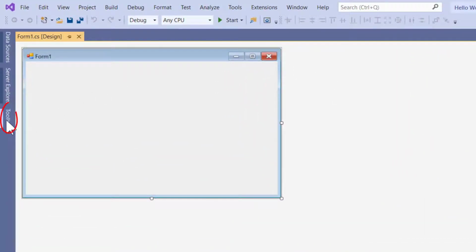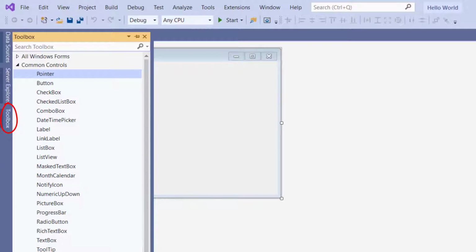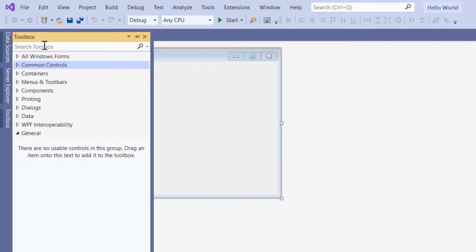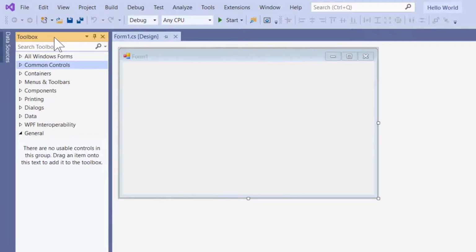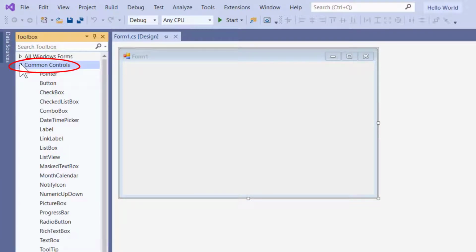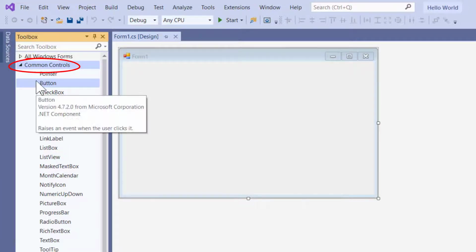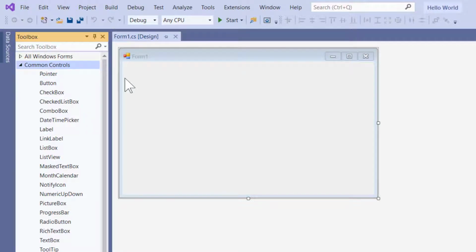And I'm going to come over to Toolbox. And once I'm in the toolbox, it's going to look like this for you. Everything's going to be collapsed, but you want to come up here to the top and hit this push pin so that your toolbox is always open, and then you're going to want to open your common controls. This is all the different types of Windows controls we would use in a regular Windows program. In this project, we're going to be interested in label,